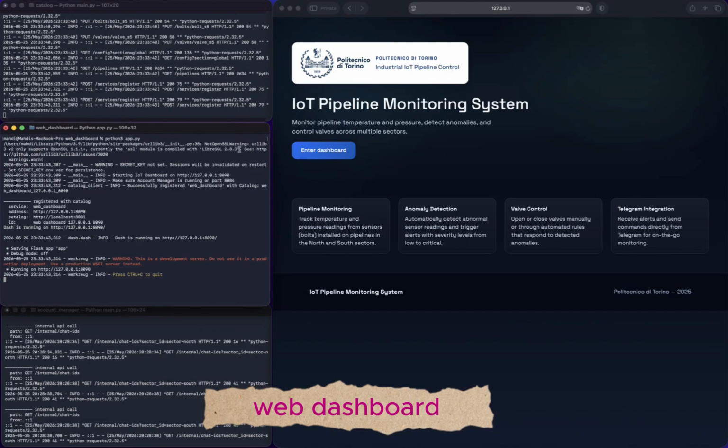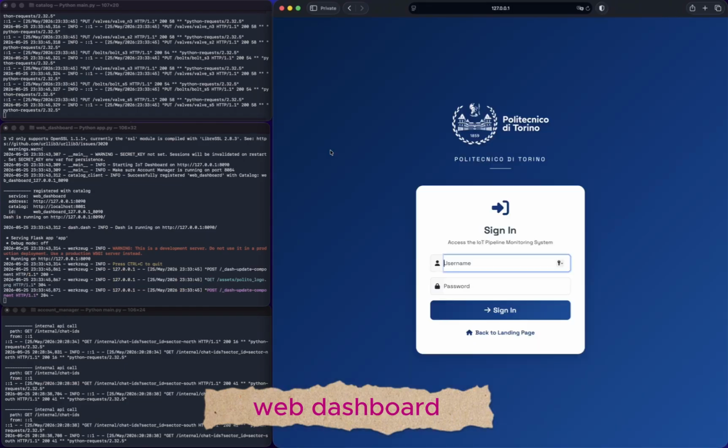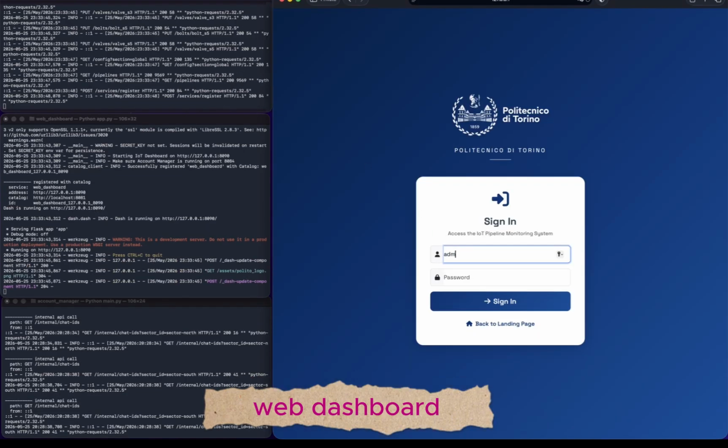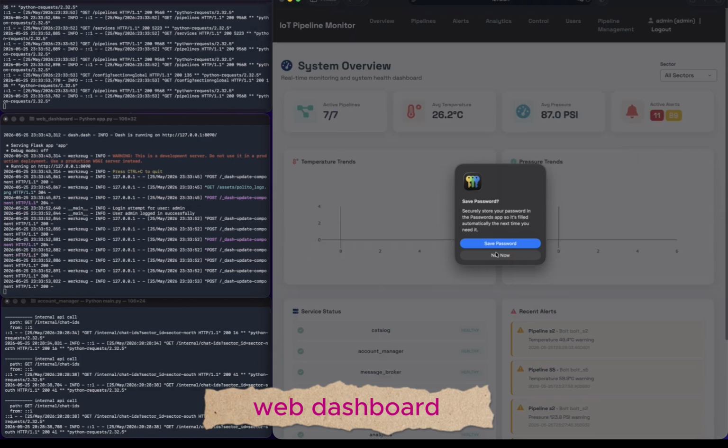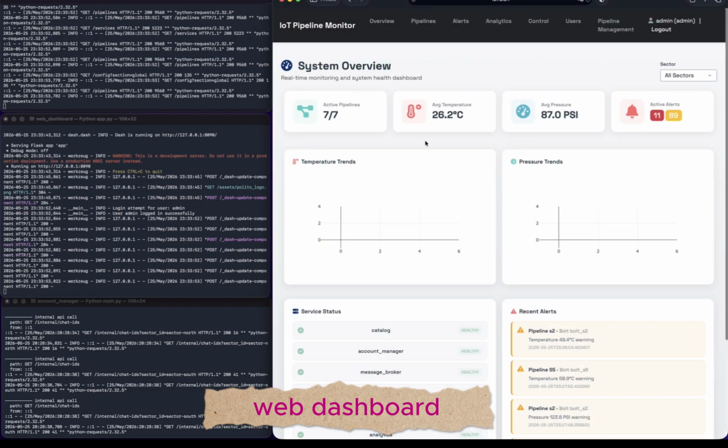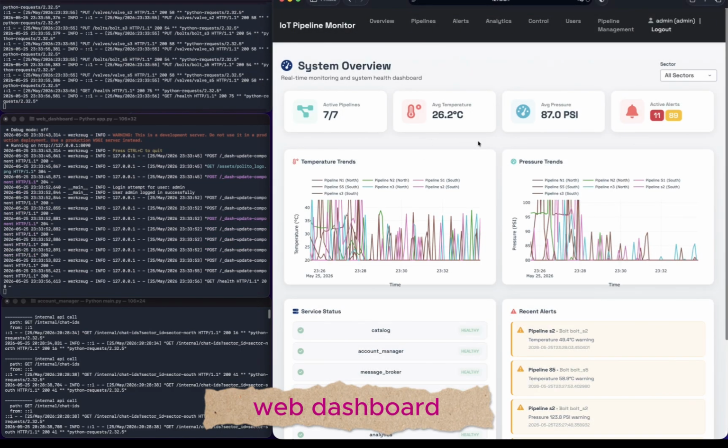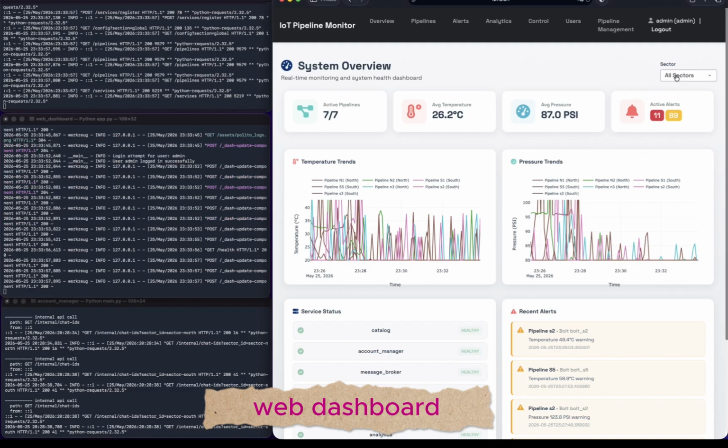Welcome to the smartbolt monitoring dashboard, the visual command center for our pipeline network. Access begins at a secure login page where each user enters their credentials and receives a session token from the account manager. Once authenticated, the user lands on the system overview, a single page that summarizes the health of the